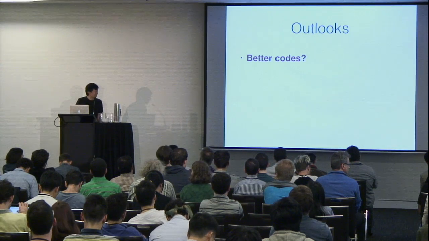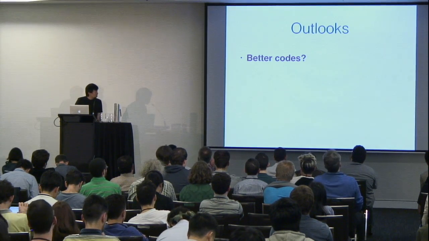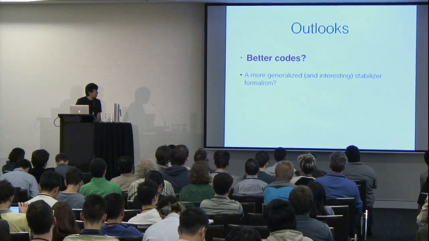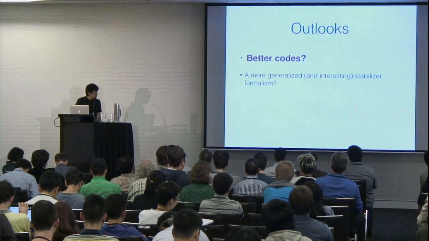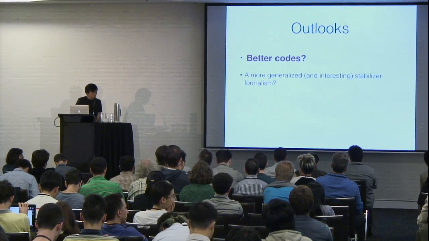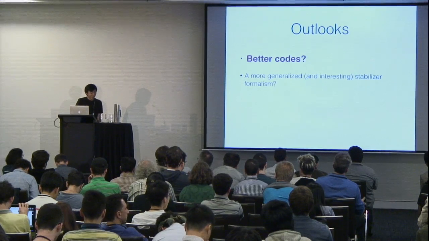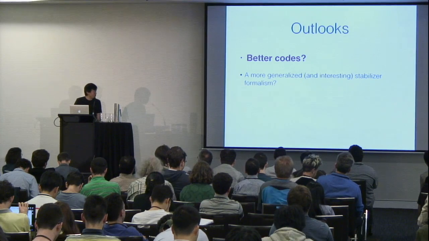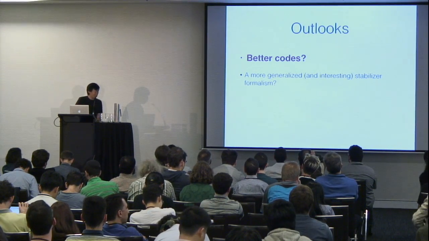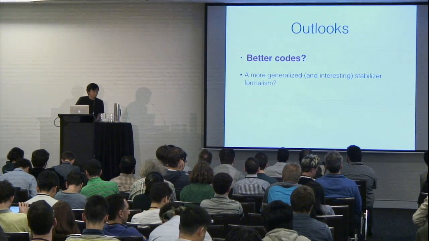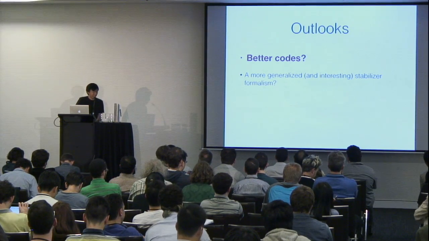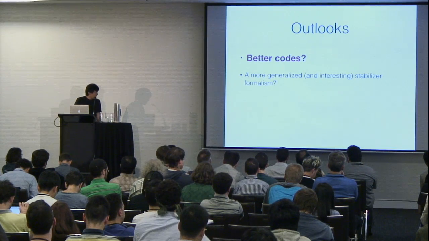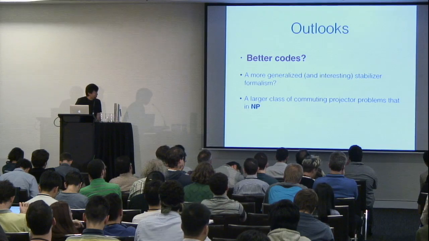Whether we can find some better excess stabilizer codes. Yeah, and a slightly related question is, maybe we can use the way that we generalize the excess stabilizer formalism to get a more generalized stabilizer formalism, and maybe that formalism would allow us to have a more flexible way to construct codes. And also a slightly related question is,